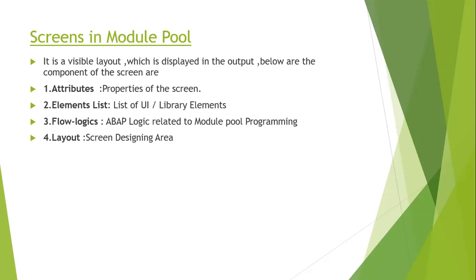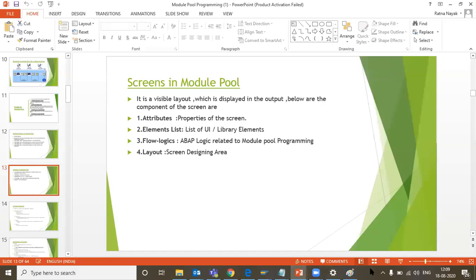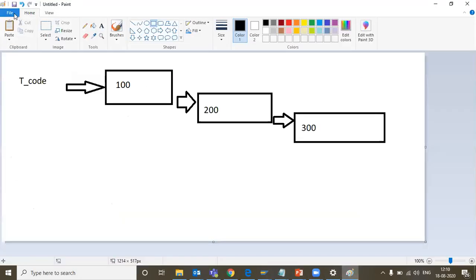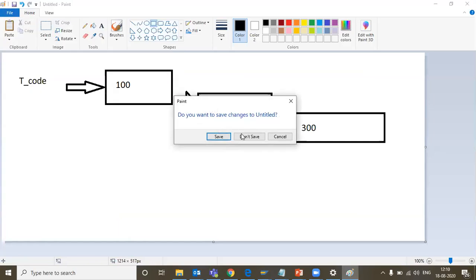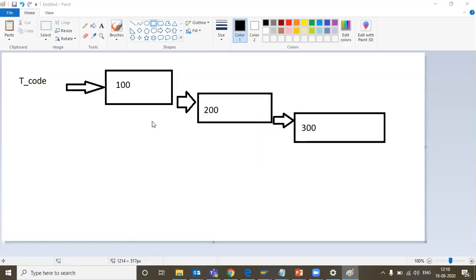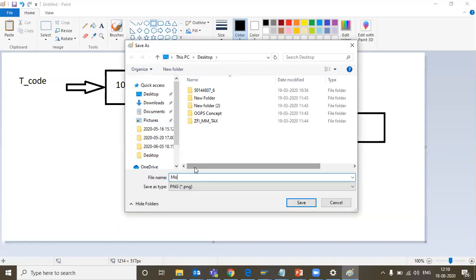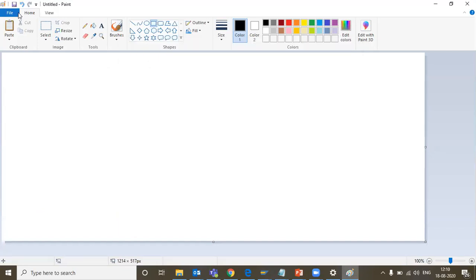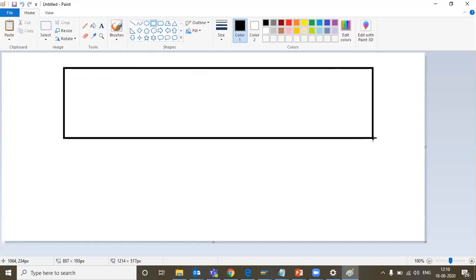And the layout, that is the fourth part. The layout will give you the screen designing idea. What do we mean by the screen designing idea? Let me go to the system. Is there any idea? Let's say I want to have this as my header information, so I want to display sales order details.